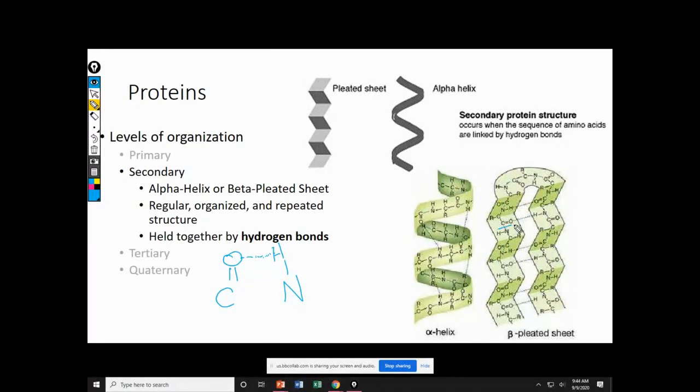You can see the double bonded oxygen, the single hydrogens hooking up throughout our structures. Anytime they get close enough together, they're going to hook up. And these bonds are pretty strong. Depending on where they are when they hook up,